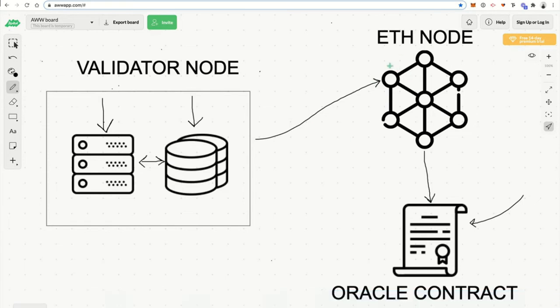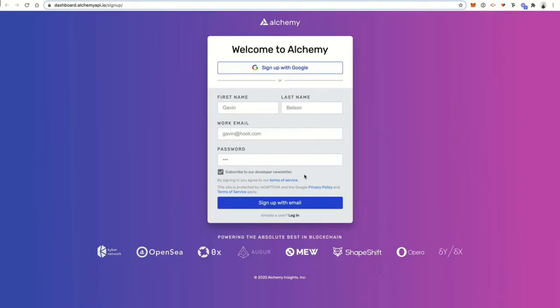So we're not going to run our own Ethereum node. That would be very expensive to do, and it would just be a big headache. So we're going to get one for free with Alchemy. There's a link down below where you can sign up for Alchemy. Click that link, register, and you'll see your dashboard to create a new app where you get a new connection